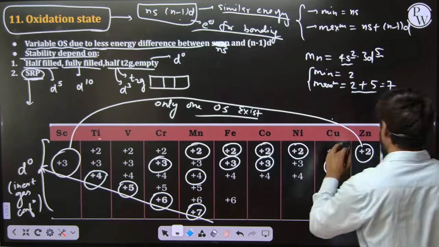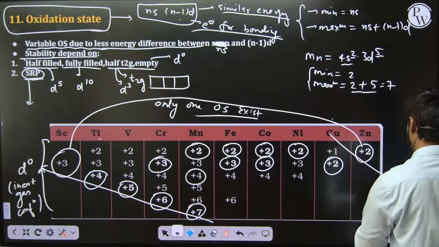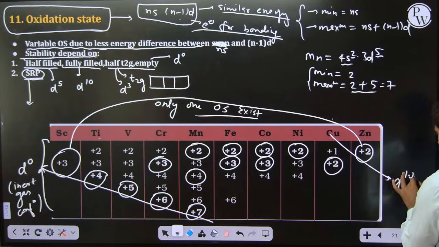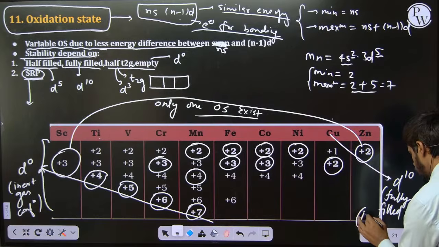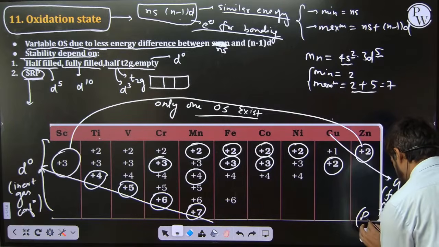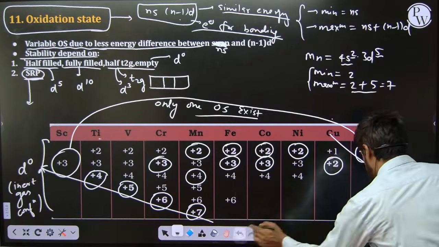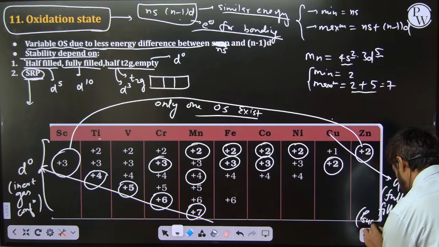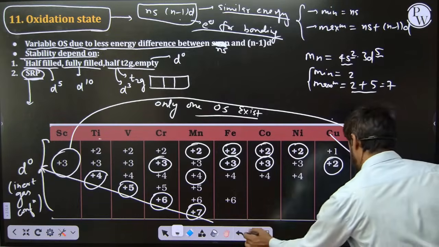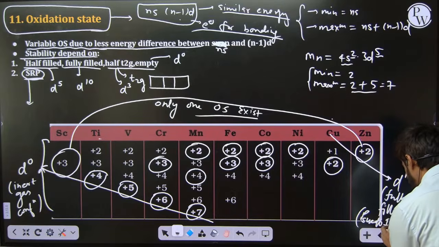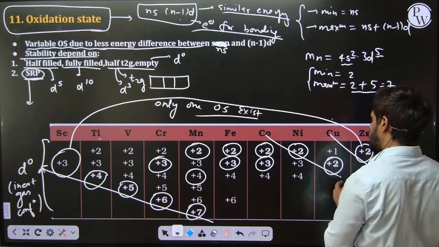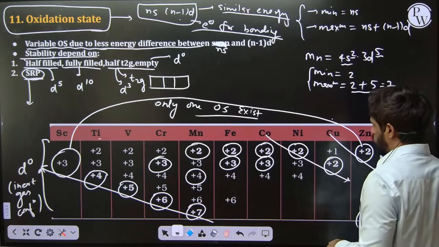In the case of zinc 2+, it is a d10 configuration, fully filled, also known as a pseudo inert gas configuration, and it is also more stable. In the case of Ni2+ and copper 2+,